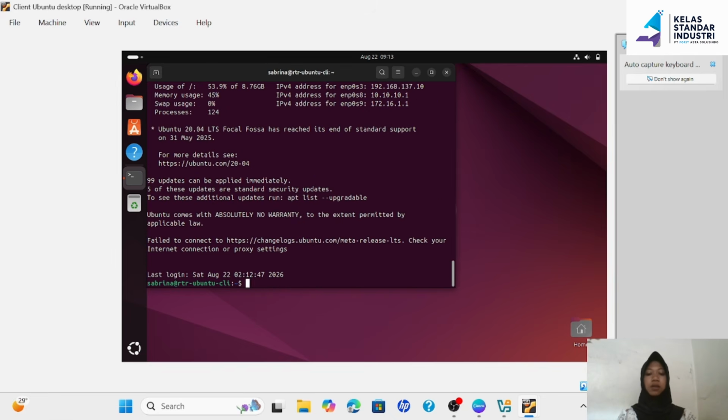The last step for the DHCP server configuration is to type the command sudo nano /etc/dhcp/dhcpd.conf.